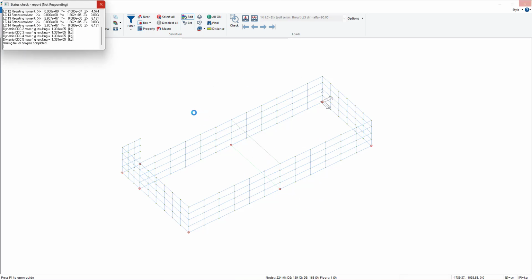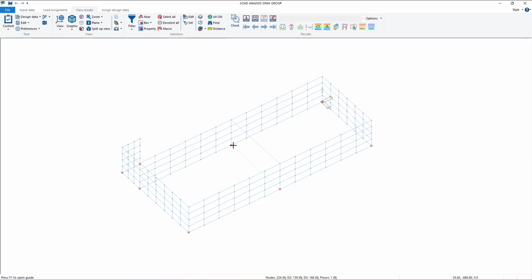And there should be another window here in the center, but it is now going to another monitor for me, sorry. And okay, once the analysis has ended, you're going to see up there the two new contexts, so view results, in order to just view results and check if the analyses are good for you. So the results seem realistic basically, and then the assign data context to do the verifies on the elements.